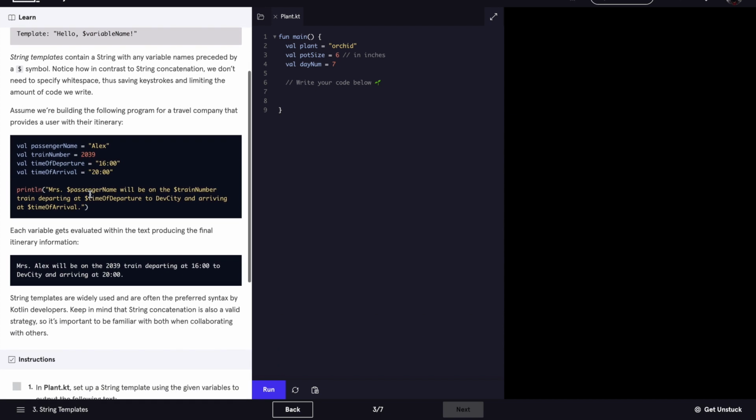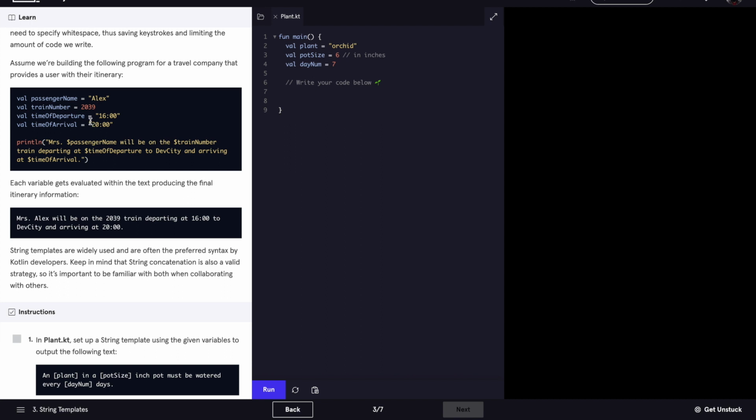Okay, so also let's inspect this. For example, let's say we have 4 variables: the passenger name, train number, time of departure, and time of arrival. Each is stored in a different variable, which is usually the case in computer programs. And let's say we want to print a notification. Mrs. passenger name will be on the train number, train departing at time of departure to Dev City and arriving at time of arrival. So if we want to use the plus operator to concatenate all this information, it'll be a